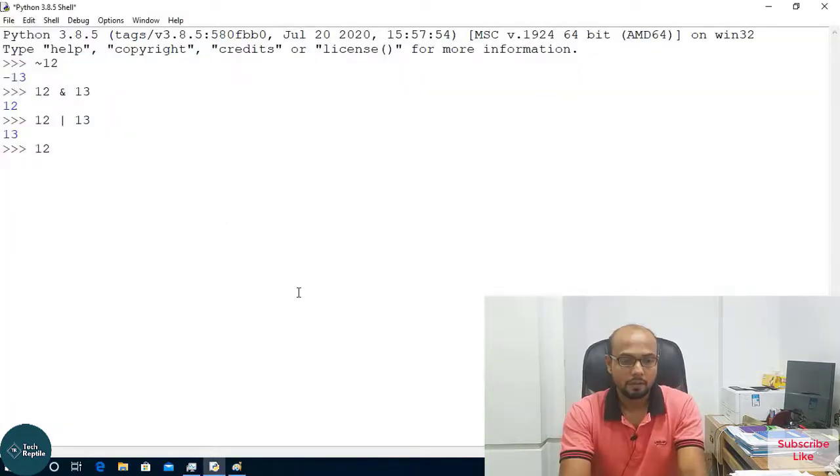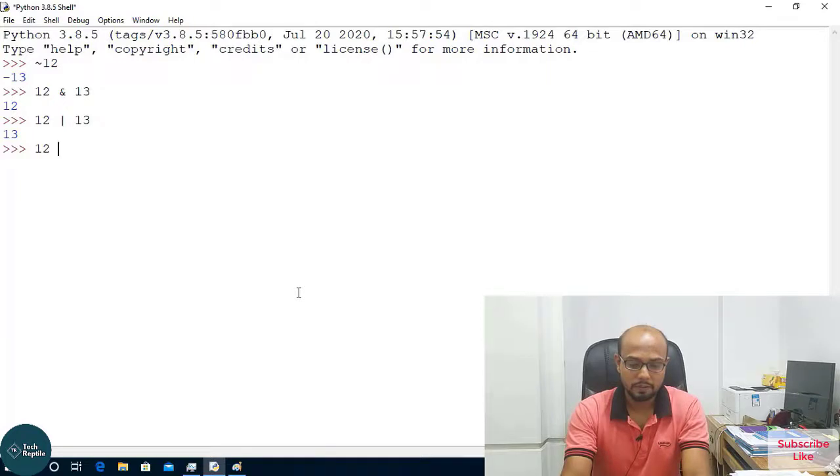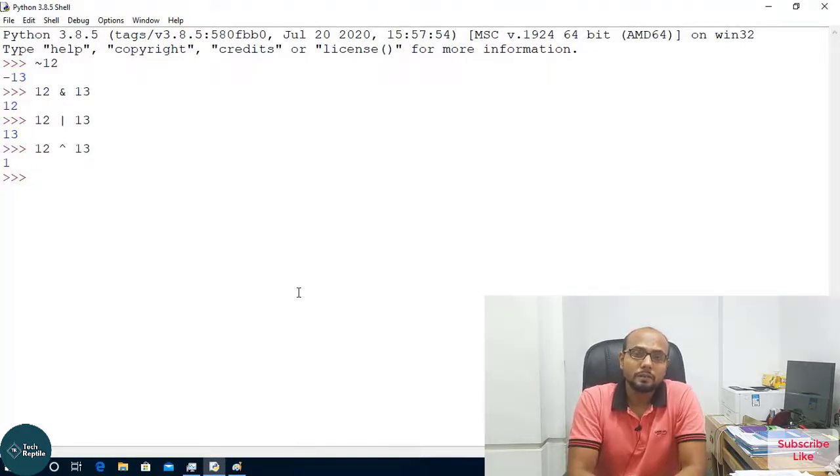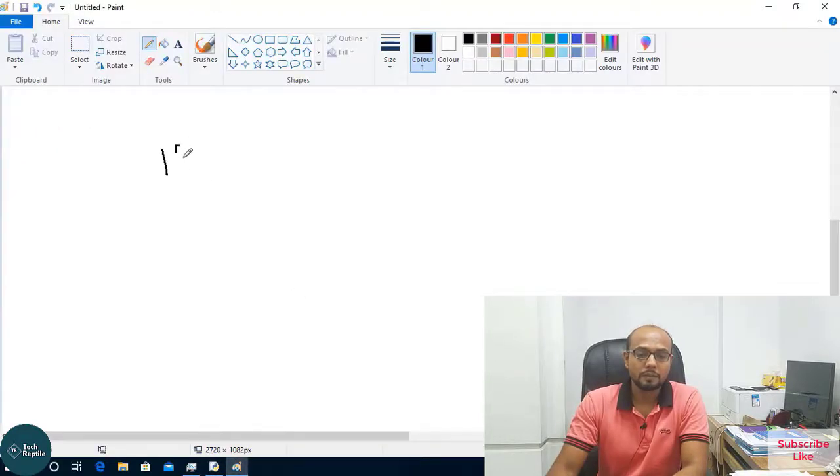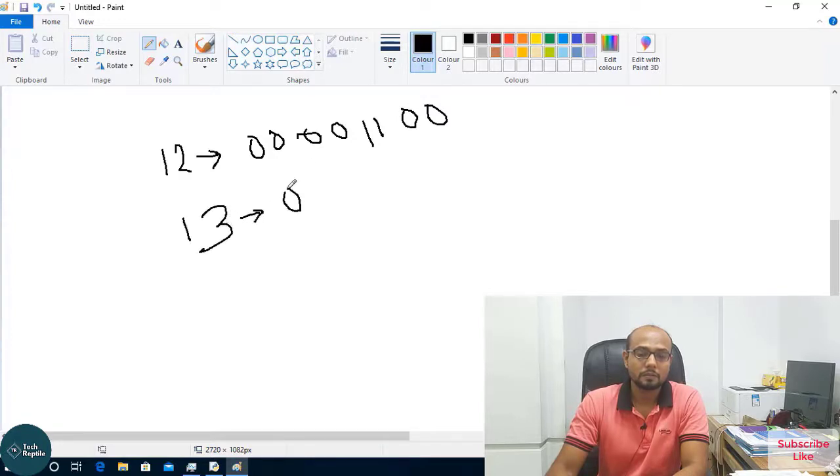Let's try it. If I simply say 12 XOR 13, it will give you 1. Why does it give 1? Let's calculate it again. Binary format of 12 is 0 0 0 0 1 1 0 0. Binary format of 13 is 0 0 0 0 1 1 0 1.